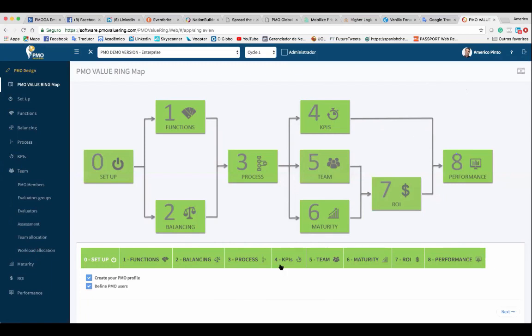Okay, so let me stop sharing. Okay, and now let's talk about maturity. Maturity. Actually, this topic was the source of the PMO value ring. In 2010, when we started with the PMO value ring research, actually we started with step number 6, with the concept of PMO maturity. I don't know if some of you already read something about a model named PMO maturity cube,